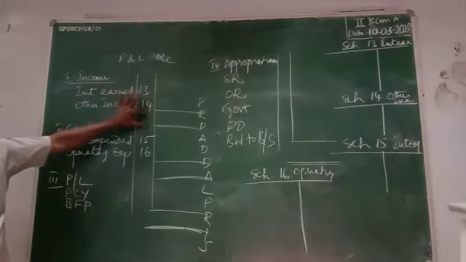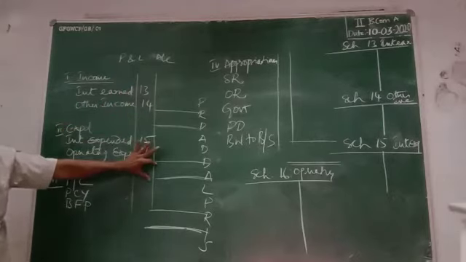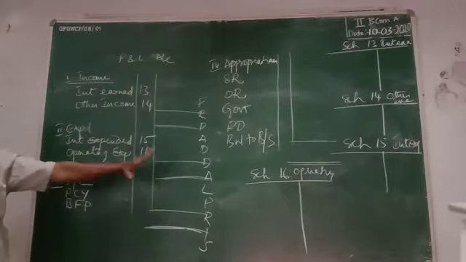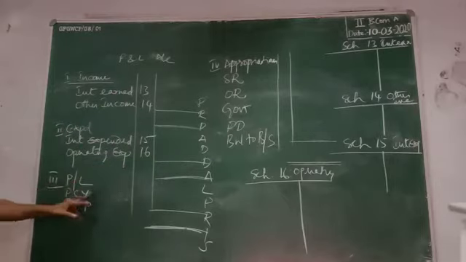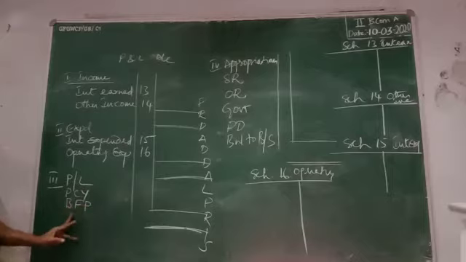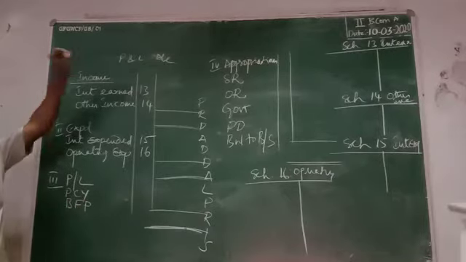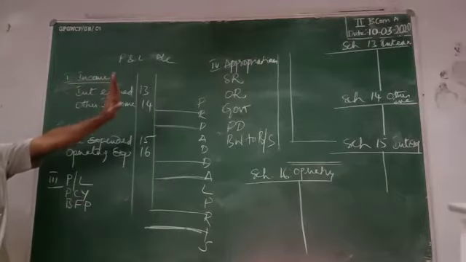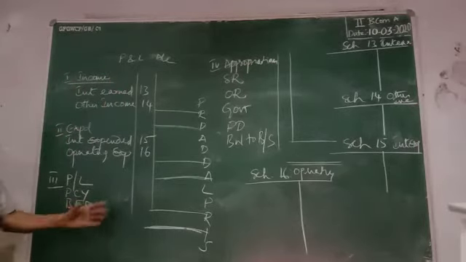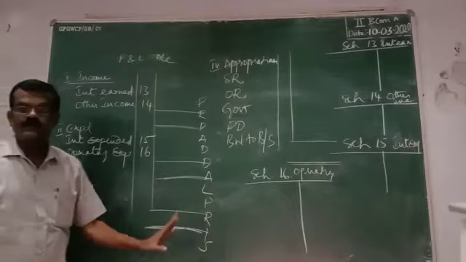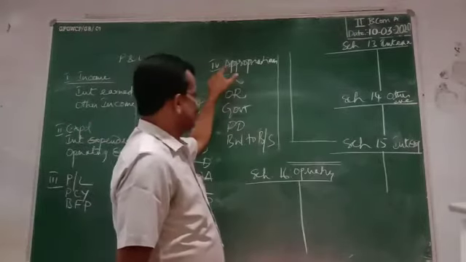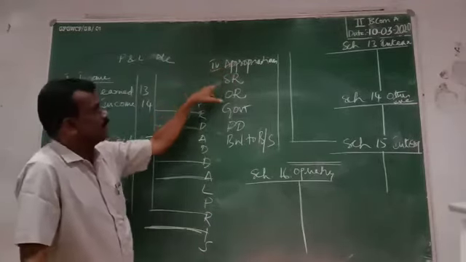The difference between these two, either profit or loss, income minus expenditure, is the profit for the current year. And if there is a brought forward profit which is given in the trial balance, that is the profit and loss account balance as on 31st March of the previous year, the brought forward profit. So we get the total profits available for appropriation. The appropriation is done in this manner.